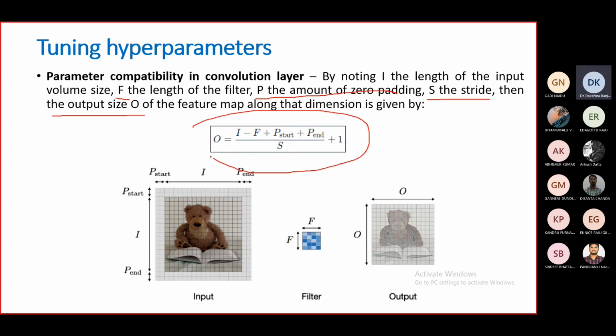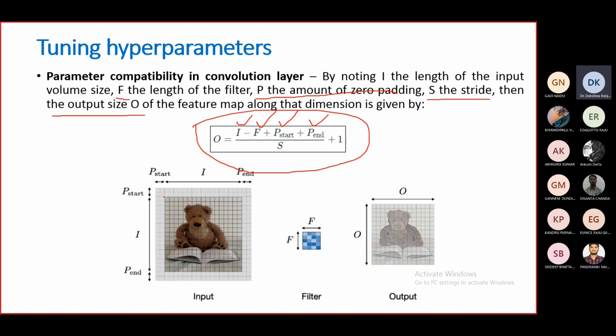By this formula, if we know the dimension of the input image, the dimension of the filter, the starting point of the zero padding, the end point of the zero padding, and the length of the stride, then we can determine the dimension of the feature map in the output. So here, if we consider this input image, then